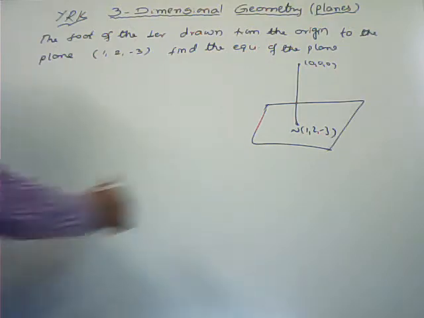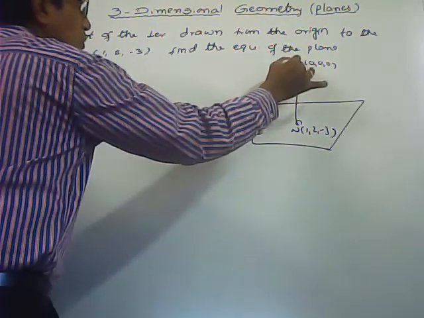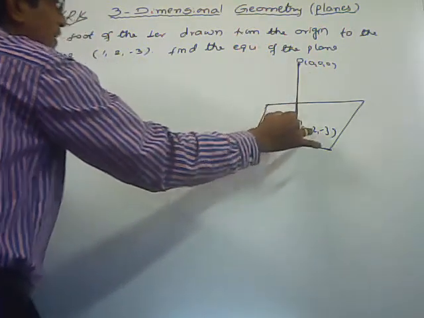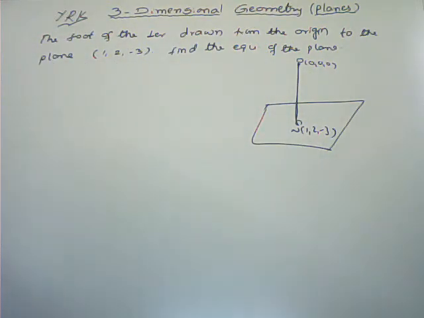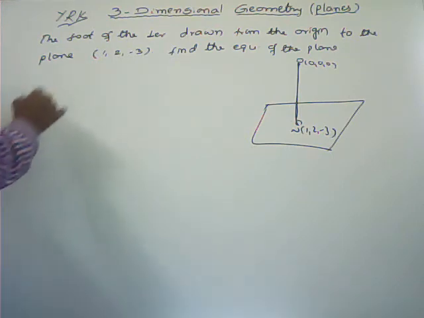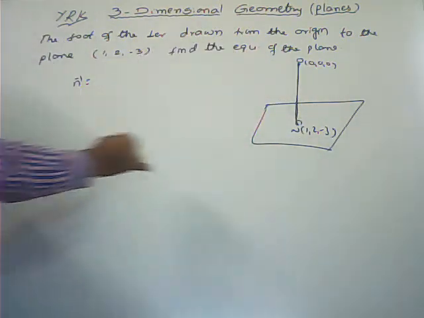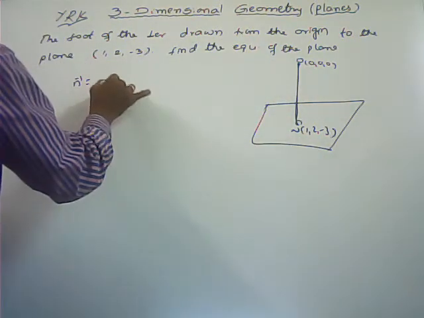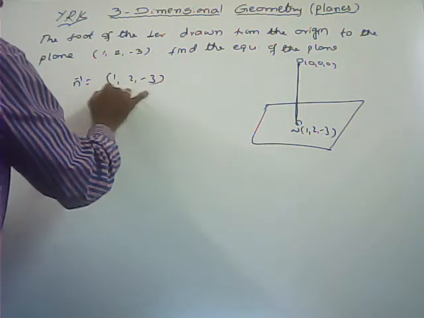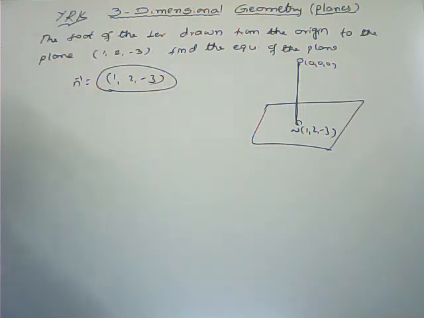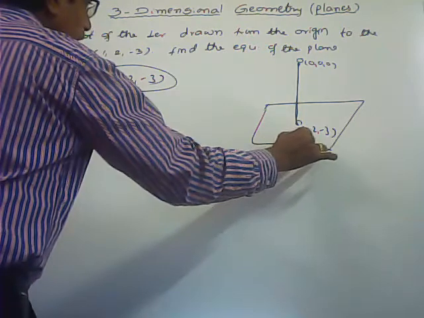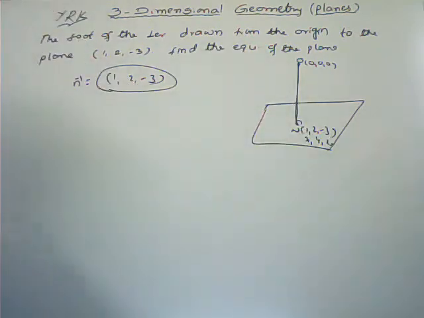See here, this is the foot of the perpendicular. So, what about ON? This is the normal only, normal to the plane. What are the direction ratios of the normal of that plane? Normal DRs, n bar, are the direction ratios of a line passing through 2 points, x2 minus x1, y2 minus y1, z2 minus z1, that is 1, 2, -3 only. These are the normal DRs of that plane, and that plane passes through the point (x1, y1, z1). Here the normal DRs are given and the point it passes through is given.